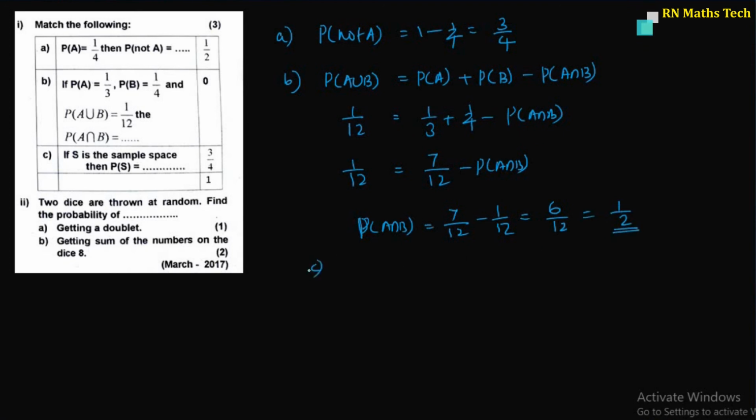Now C part, if S is the sample space, then P of S is equal to 1. Probability of the sample space is 1. So that is the first one. Now for the second one,